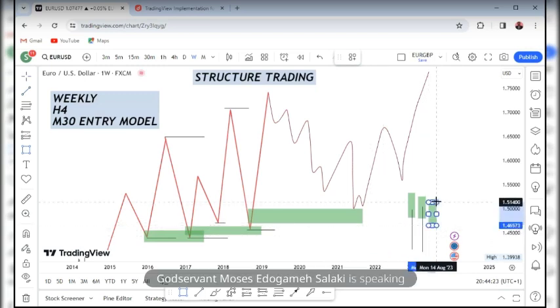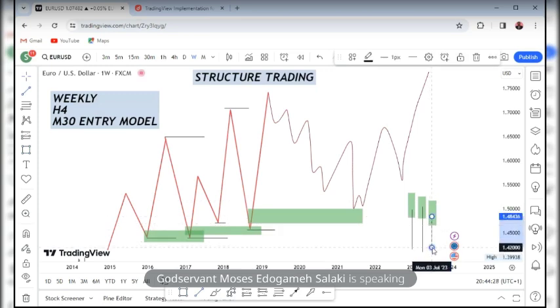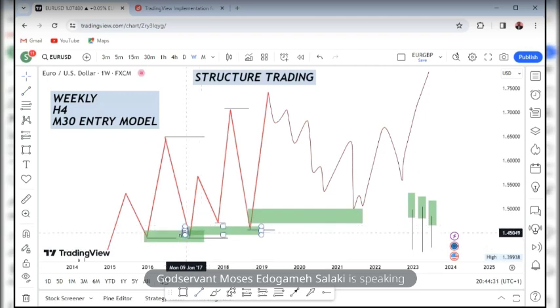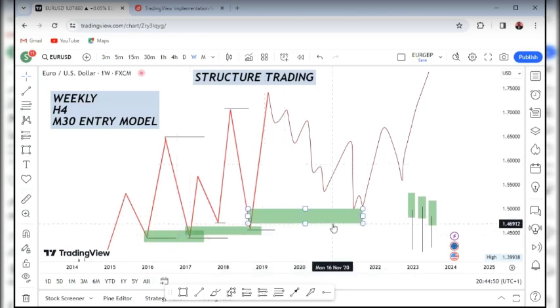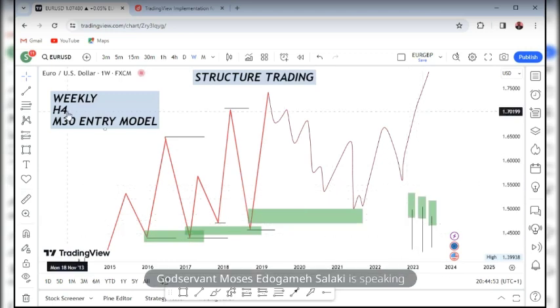So when you keep seeing those rejections, if that is your model, if you are a candlestick trader, then you want to get in on this rejection at the zone only. If you are seeing rejections around this area within the range, you don't want to get trapped within the range. You want to ensure you are waiting for price to come to that zone of interest. Then when price comes there, gives you that model on 4 hours, then you want to see a 30 minutes entry, if you are using the weekly. So 4 hours to 30 minutes.